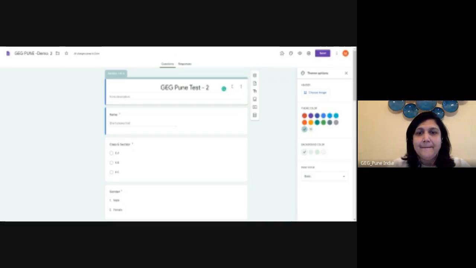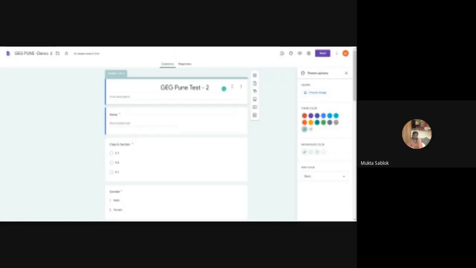I have increased the zoom size, because the options which I wanted to show you are only on this side. We have clicked over the customize theme option and this panel appears. Here the first thing is known as header.